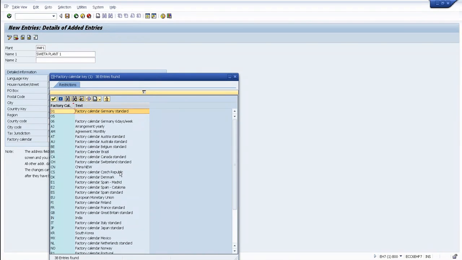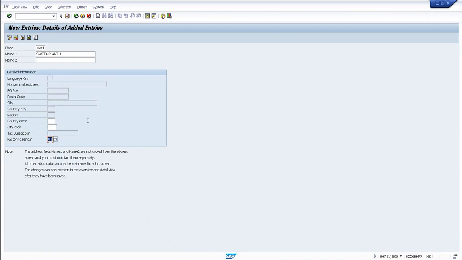Based on the country, it will appear, so whichever country you record, they will use our factory calendars. These factory calendars are always available, created by finance, and they will give them to us. Then we create W1, the plant 1, then we create a factory calendar, then we go to